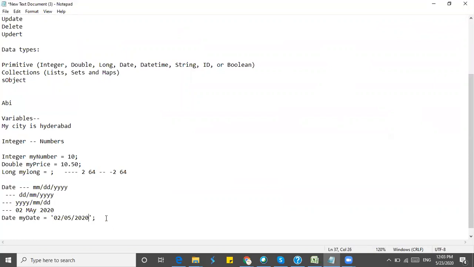The time will be ignored, and only the date value will be added to this variable. It will contain only the date value. And we have another data type, called datetime, where it accepts date and also time.